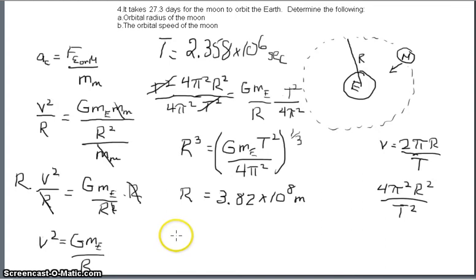Alright, so to find the orbital speed of the moon, I can do one of two things. I can go over here and substitute the orbital radius in and the time, the 27.3 days in seconds, so 2.358 times 10 to the 6 seconds. Or I can come over here and take the square root, and I get v is equal to the square root of G times mass of the Earth divided by the orbital radius we just calculated, and that would be equal